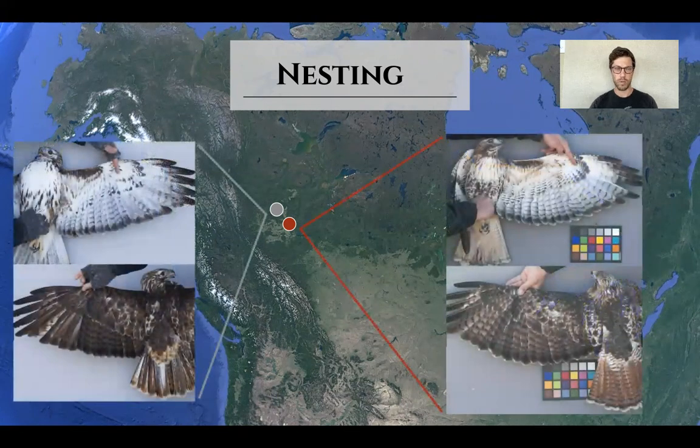We have about half the birds have provided us with nesting locations so far. However, I'd like to focus on a couple interesting things. So these 2 birds nested in northern Alberta, about 150 kilometers apart, so very close on the grand scheme of things. Interestingly, one was what we would consider pure Harlan's, really clean Harlani on the left. It's a pale bird. And the other one was what we'd consider a pretty clean standard Abieticola. This